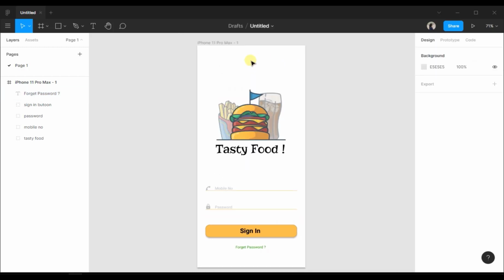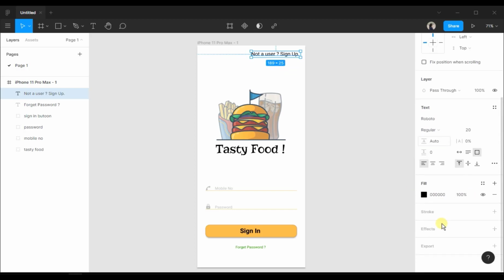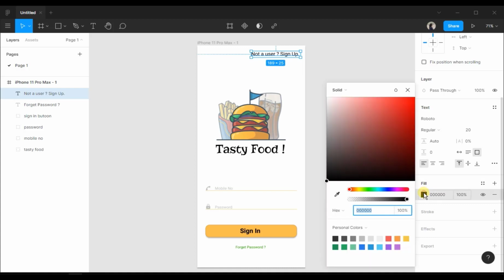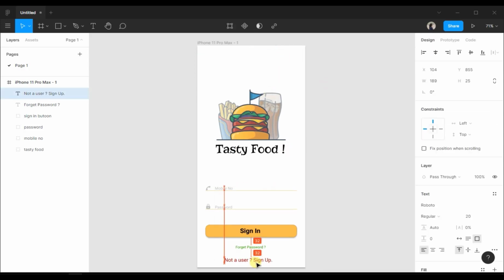Cool. Now let's add a sign up option. So let's take a text box and say not a user, sign up. Size will be 25 or maybe 20. Let's change the color to a little grayish or maybe red, a little dark brown red, and it will be at the bottom.